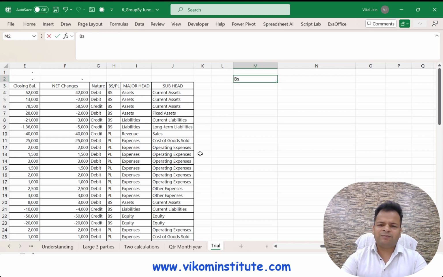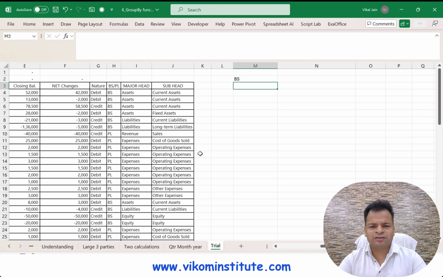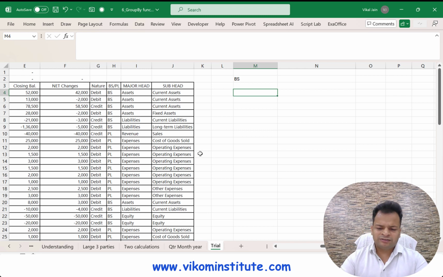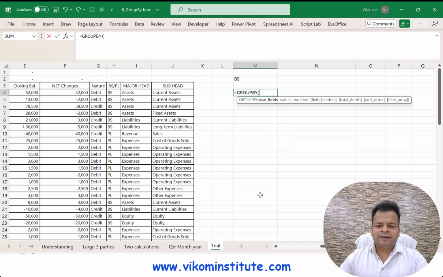Here I am writing balance sheet, so I will extract the balance sheet. If I write P&L here, it is going to extract the P&L. So now I'm going to use group by, and here you will see we have nature, major head and subhead. I don't want this, I'm simply using these two columns.